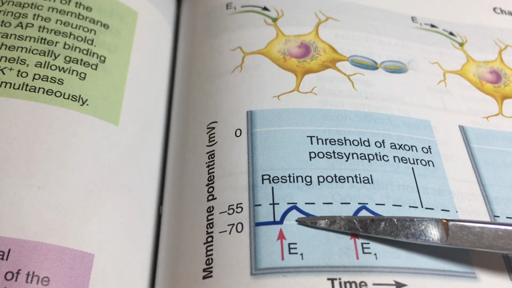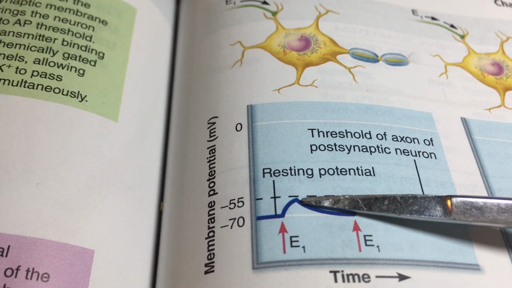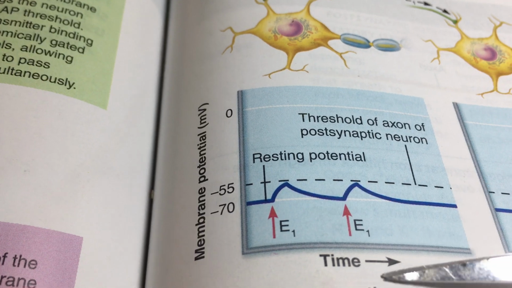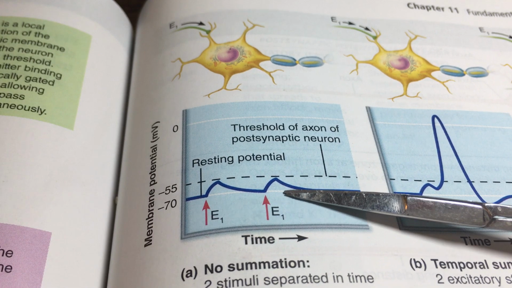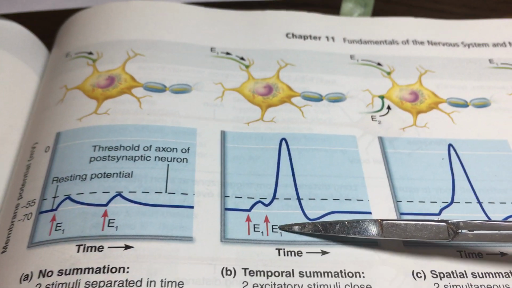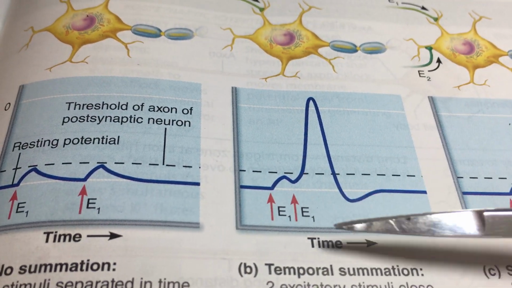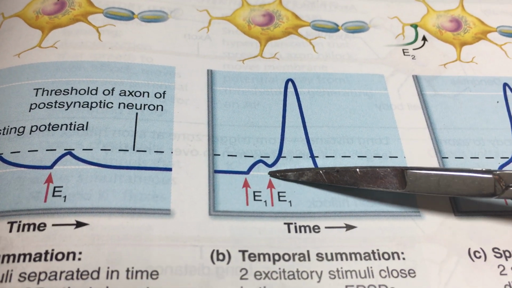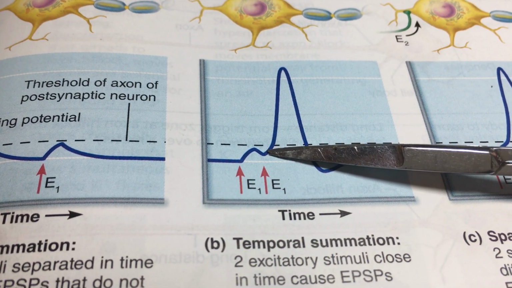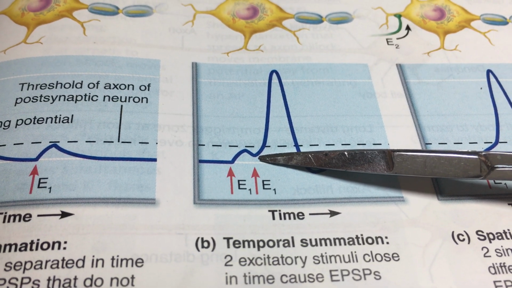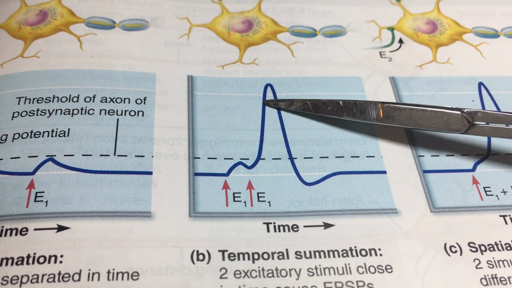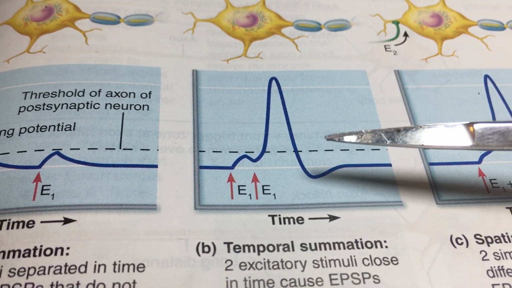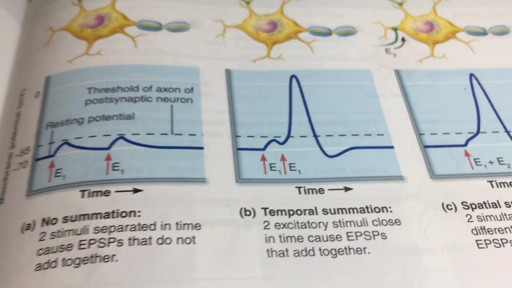So here I have a little stimulus, not enough to reach threshold. I have another stimulus, again, not enough of its own volition to reach threshold. And then over here, I get two stimuli very close together, and they will sum in terms of the EMF produced on the postsynaptic membrane, and we're going to get over threshold. And now I have a depolarization, and the signal from the first neuron will travel to the second neuron, okay,